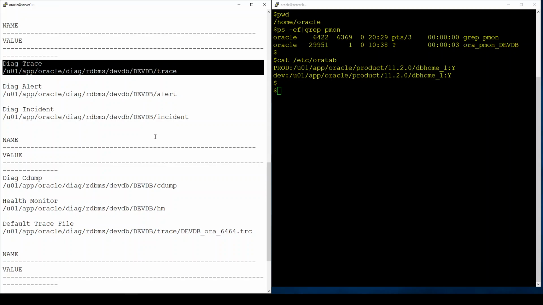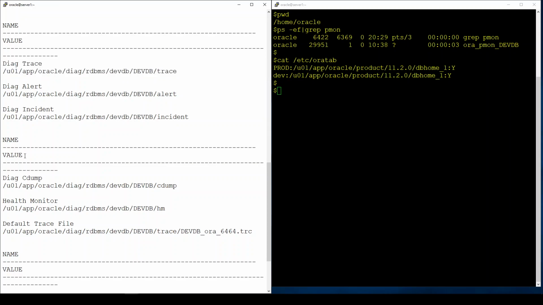Diag trace. This is the required path out of all this result. This is the diag trace. Okay, diag trace is our required location. Now in this other window, cd and paste the